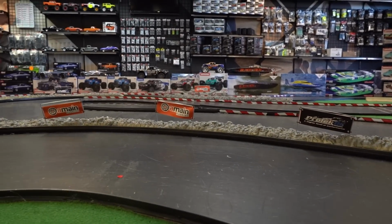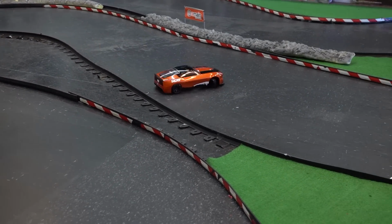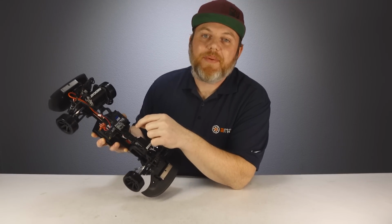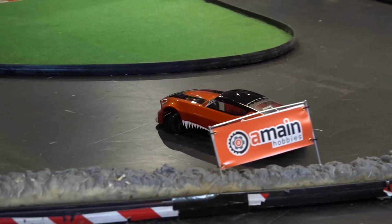Now first thing, test the car as it is. Chris, who works at the store and knows a lot more about drifting than myself, noticed the gyro gain looked a little low, and he was right. I turned down the gain days ago testing it and never turned it back up. I just forgot. So we turned back up the gyro gain here, thanks to Chris,